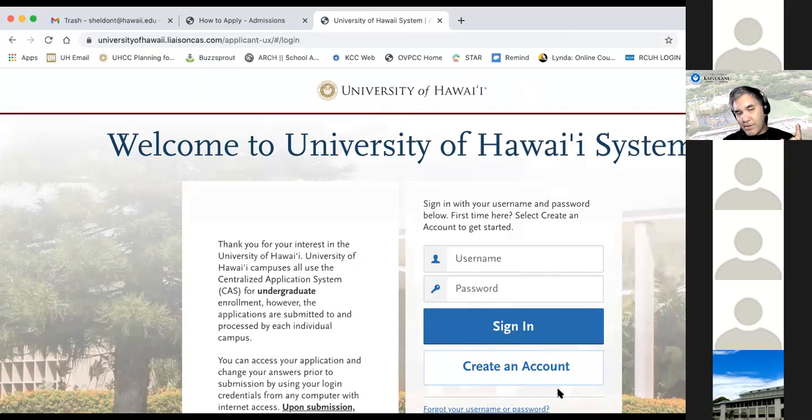It doesn't come up a lot, but it comes up enough for us to just be concerned. And so when students create this account, you want to let them know that this is their username and password for just the application. It is not going to be their email address or whatever like that. So it's just an account for the application, and they still need to keep this information in a safe place